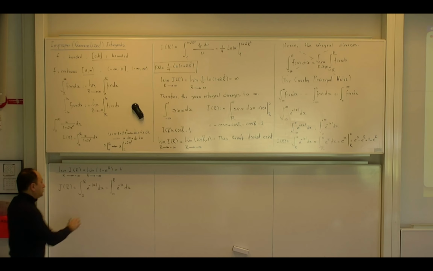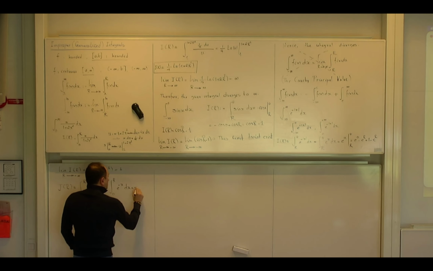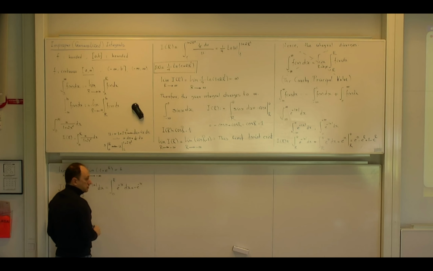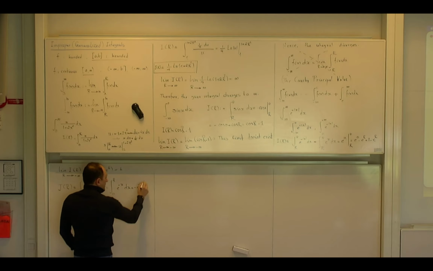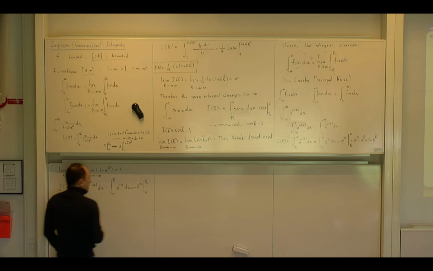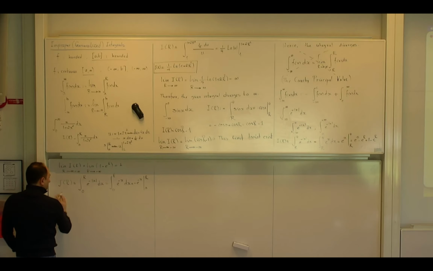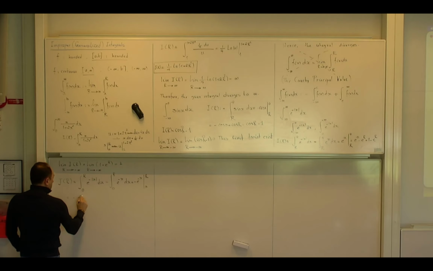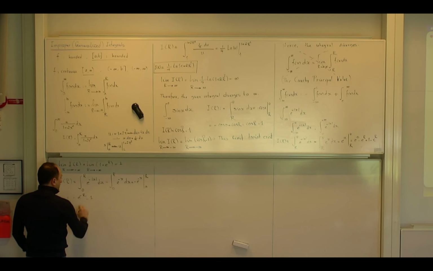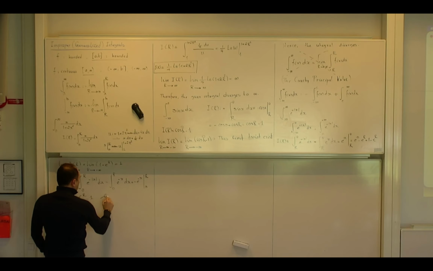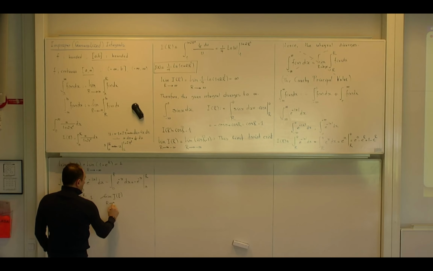And then, of course, a primitive function for this is simply minus e to power minus x. These are very standard ones. And then I go from 0 to r. So when I put r, it becomes minus e to power minus r, minus, if I put 0, it becomes 1. So now I calculate the limit of j of r when r goes to positive infinity.